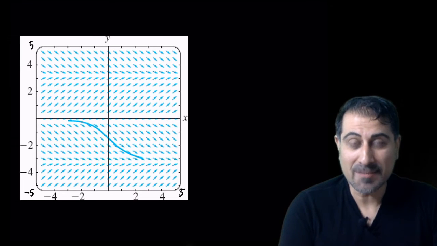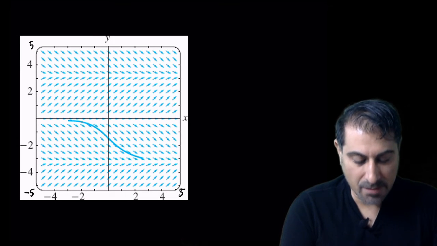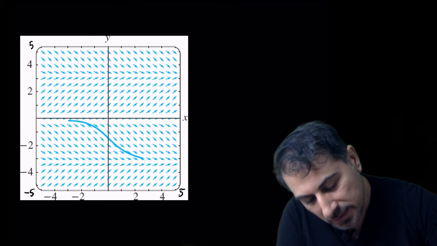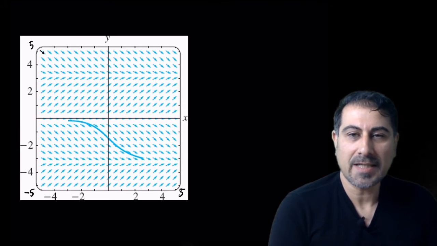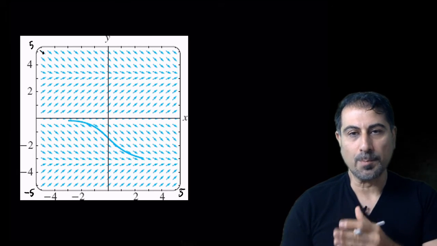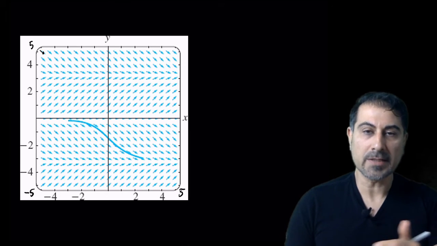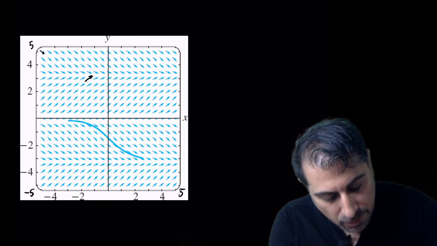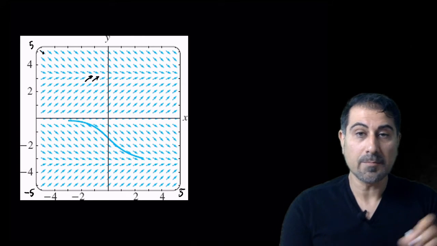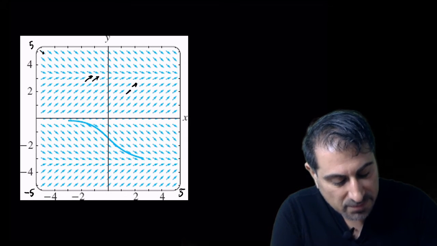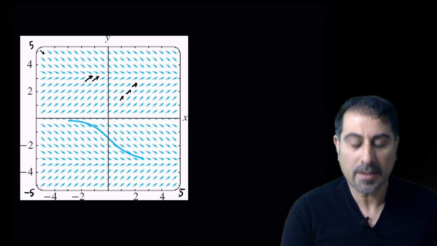All right, let me quickly explain what those arrows stand for. Remember that we had more than 400 points, and at every point we are looking at the slope of the tangent line. So just imagine all of these arrows to be like mini tangent lines, and we know the slopes of those. So once you know the slope of the line, you can place a representative arrow that's going to tell us what the direction looks like. So here, for example, it's an up arrow. That means it's a positive slope, and that means function values are going to increase that way. And then you have slope positive, steeper positive, and on and on.